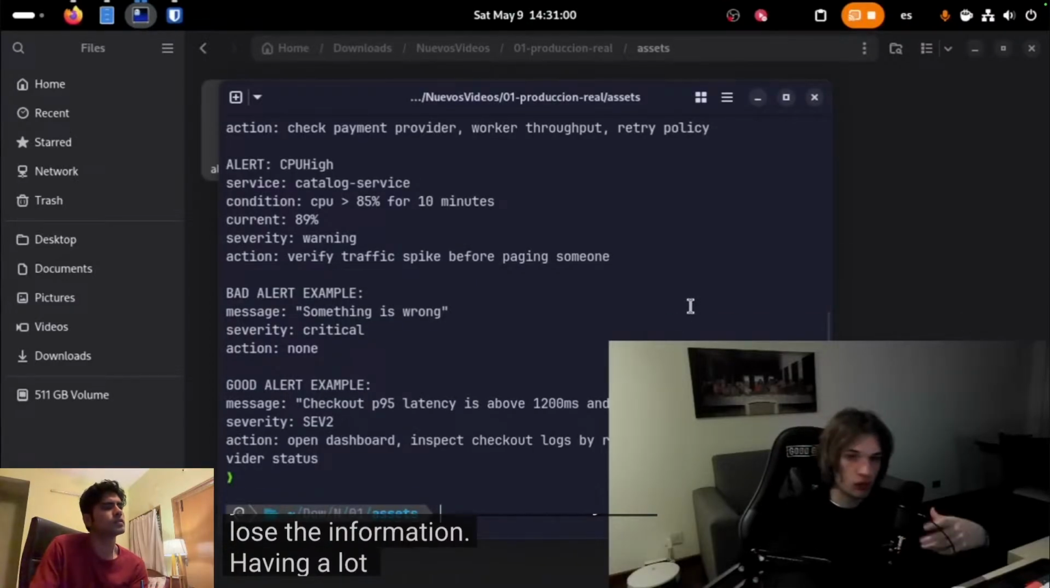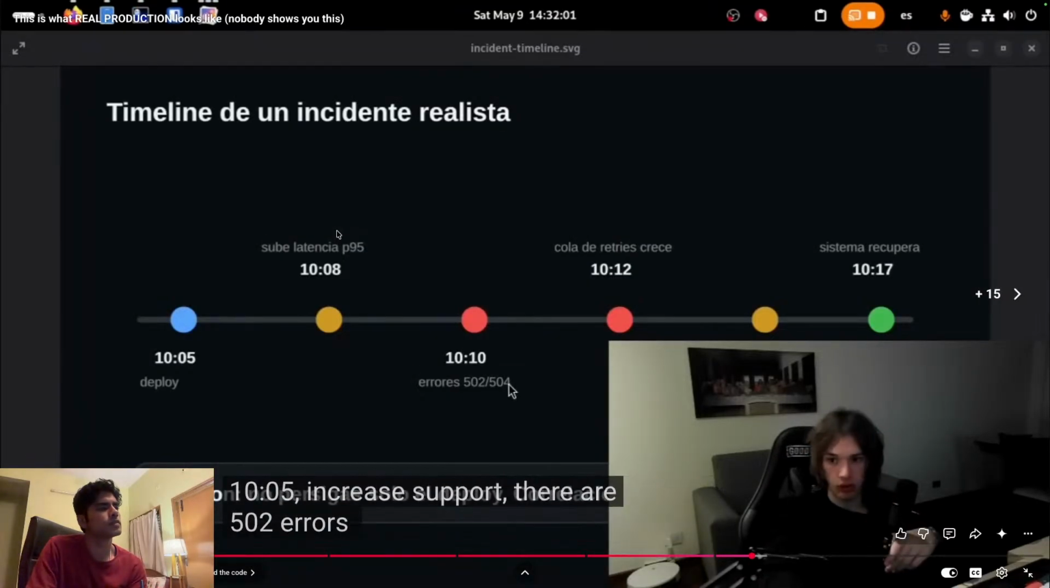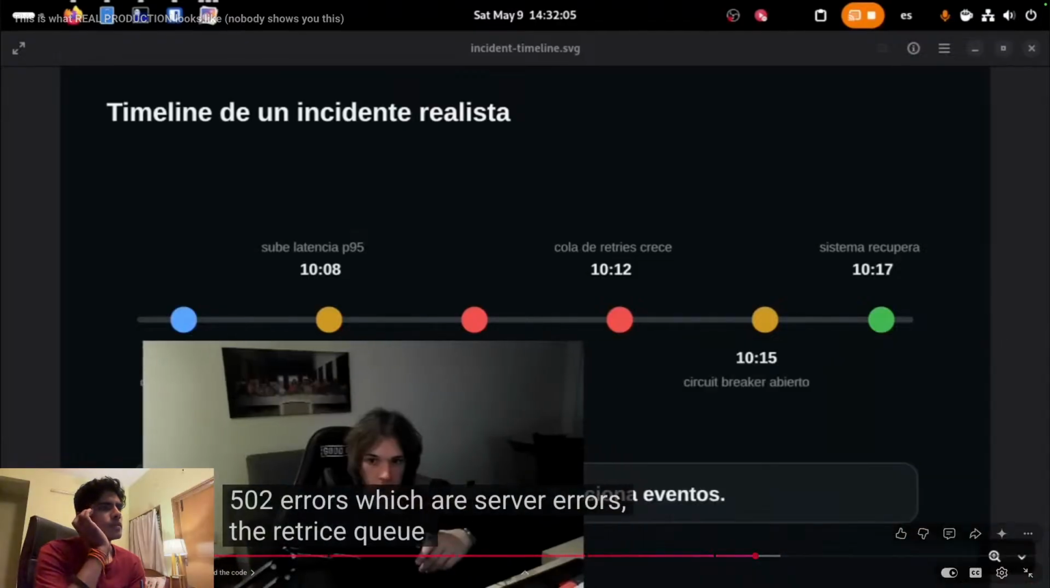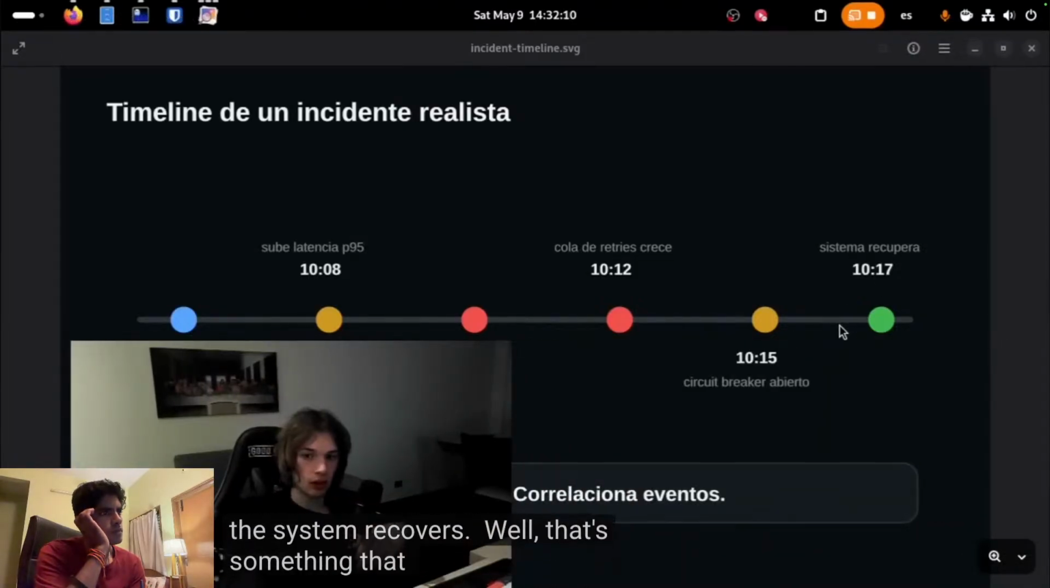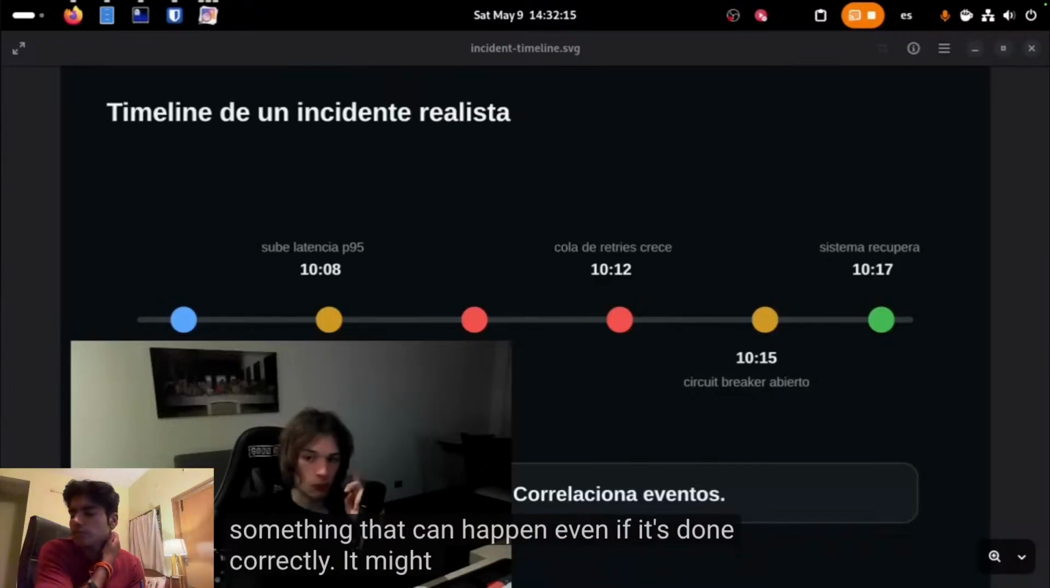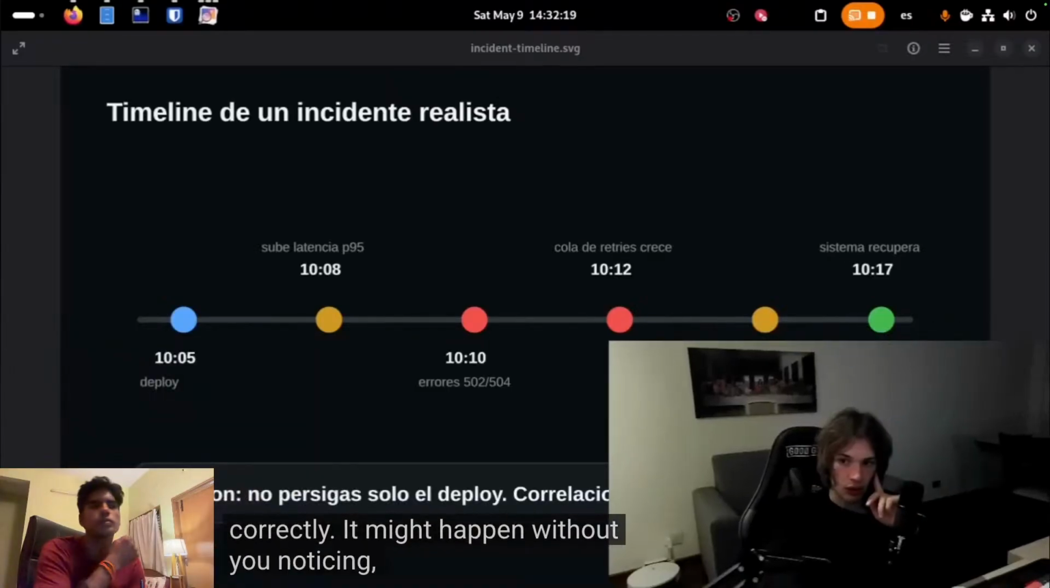It is just as good to have a lot of information. It's just a matter of errors, with how the queue grows, and then a circuit breaker is activated. The system certainly recovers. Well, that's something that can happen if it's done well. It could happen without you realizing that this happened, and then when you look at it again, you realize there